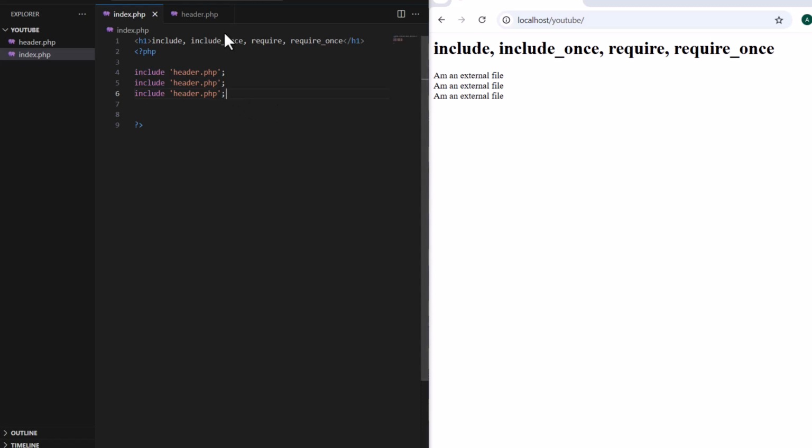So the include once, what it does is, assuming you just want to have this header.php once in your file, you don't want it to run two times. Maybe in case you mistakenly include it anywhere in your page, you just want it to be included once. You can see that if you're using just normal include, it's going to be running this script anytime you write this include statement. So if I change this to include once,